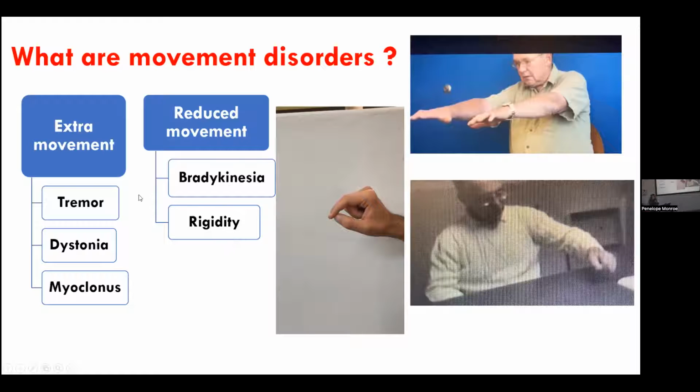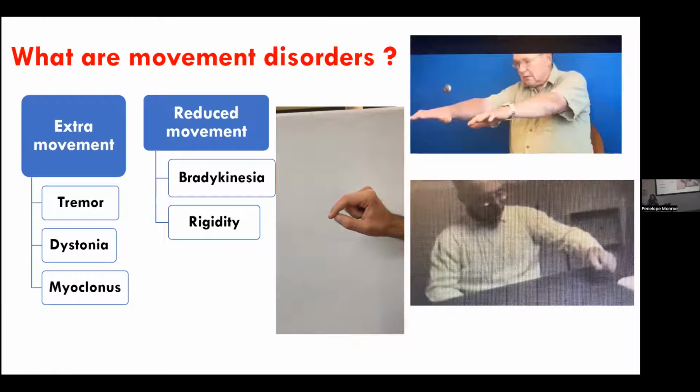Then the other reduced movement is stiffness. Stiffness is very hard to illustrate on a video. It's more something that's felt than seen. So patients might have a stiff arm, and this gentleman in this video, who's got that arm that's postured like that, is quite likely to be quite stiff in that arm.